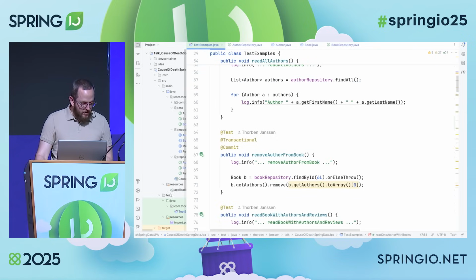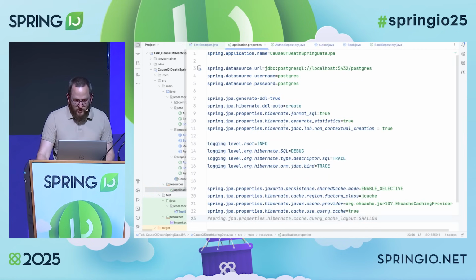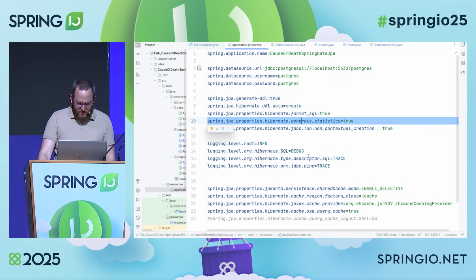Maybe a quick recommendation: if you're using Hibernate, then you should set your system properties, Spring JPA properties, Hibernate generate statistics to true.